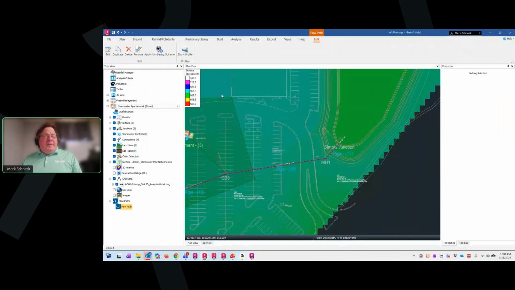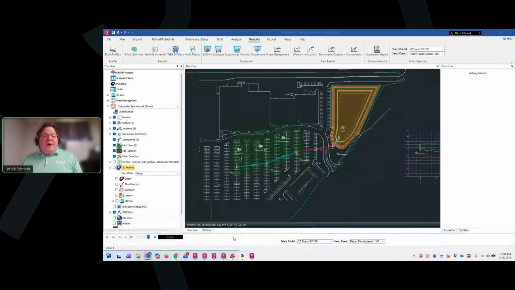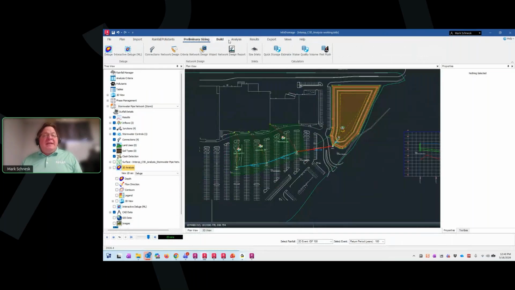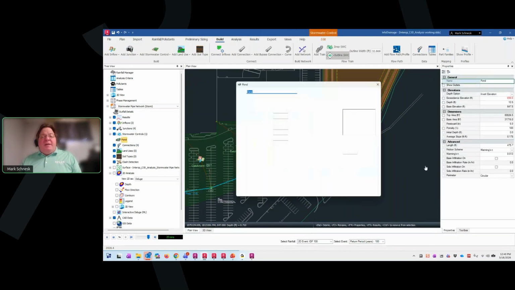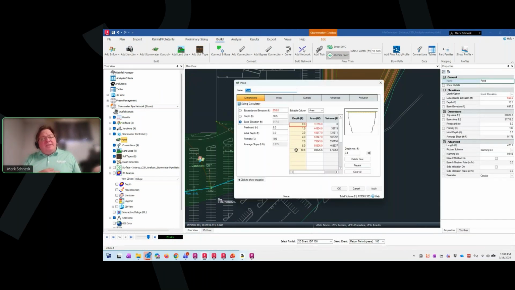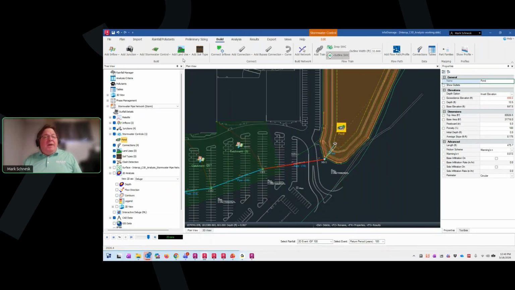When I'm all done, let me go to another drawing here. When I'm all done, then I can run a full analysis. So back here after my preliminary sizing, I can add treatments like here I've added a pond stormwater control. This is a pond that matched the pond that I had over in Civil 3D using a simple dimension stage storage design by depth. I can add green roofs, hydrology, urban residential development inflows, different junctions I can get,